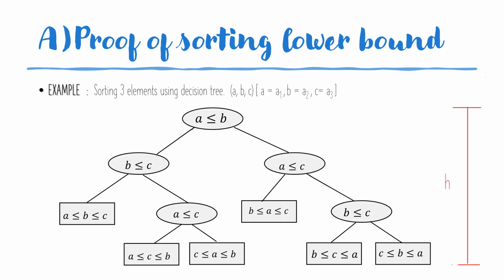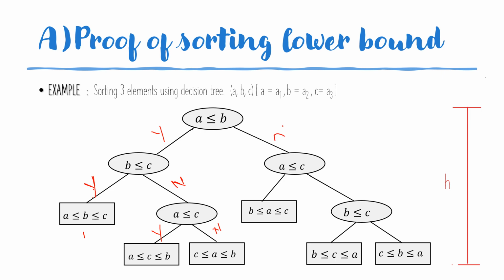So here I will explain the whole process using a small example of sorting three elements using a decision tree. I'll take the first two elements and compare them with each other. If the comparison is a yes, I'll compare the second element with the third element. If it is a yes again, I'll give the sorted order: the first element is smaller than the second element, which is smaller than the third element. So this is the first sorted order. If it is a no here, then I have to compare the first element with the third element. Depending on the yes or no of the comparison, I give two sorted orders again.